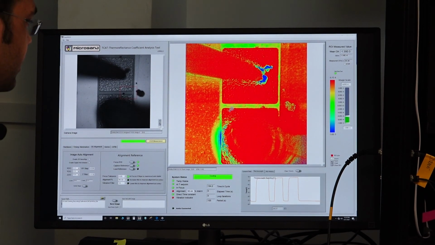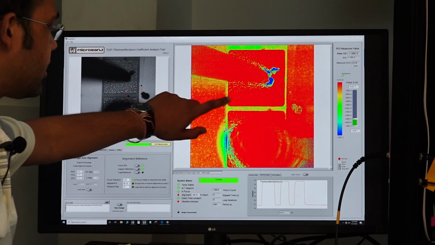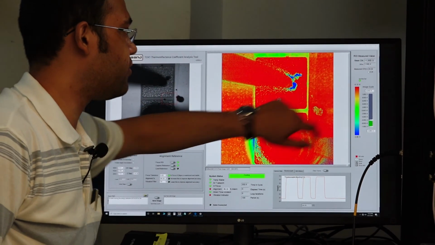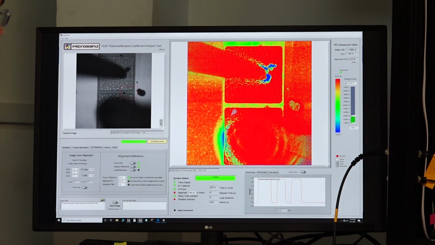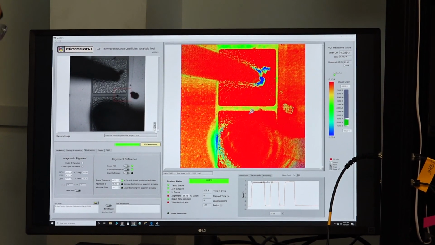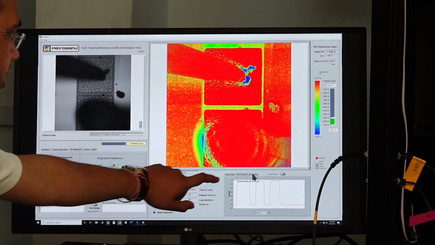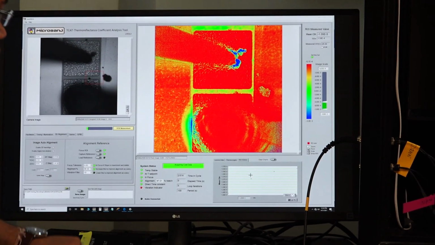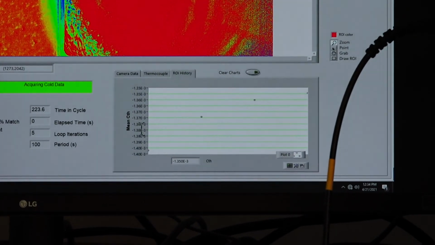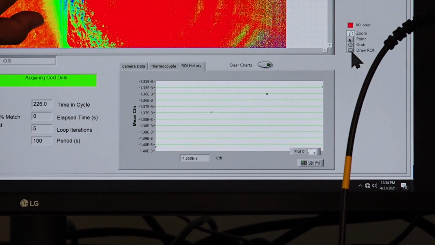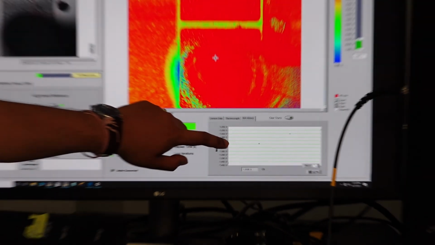We can see that we have selected a region of interest here. This region of interest shows the thermoreflectance coefficient of gallium nitride, which is of the order of minus 1e minus 3. So how do we know whether the system has stabilized or not? To check that, we go to a unit called ROI history, where we monitor the thermoreflectance coefficient from this red marked region, which we can select from this. If we select this region, we get this region of interest, and we monitor the thermoreflectance coefficient.